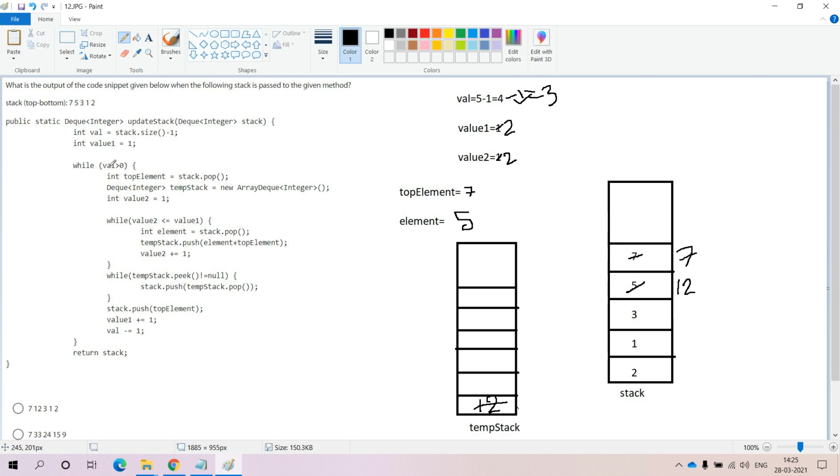3 greater than or equal to, 3 greater than 0. The condition is always true, so we have to apply the similar kind of operation that we performed in the previous iteration of the entire outer while loop. We have to process the same thing, so that at the end of the complete functionality of this entire code, we return the final stack. Within the final stack, what is the resultant output that is available?